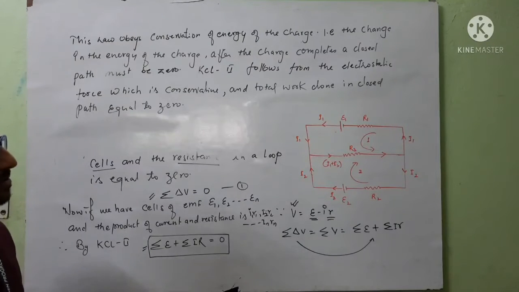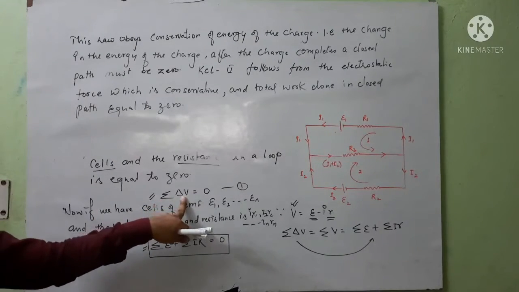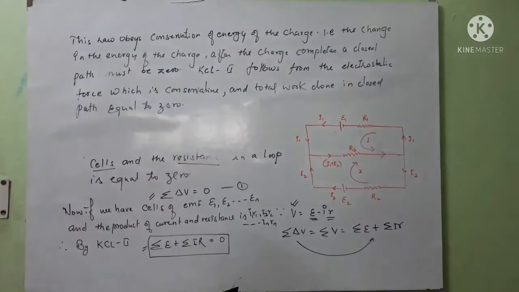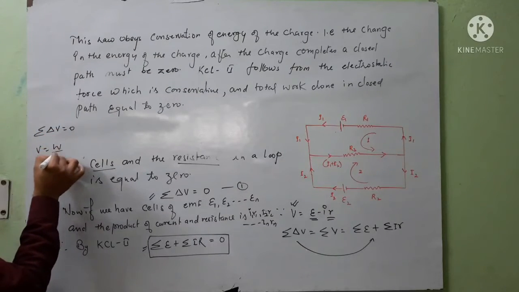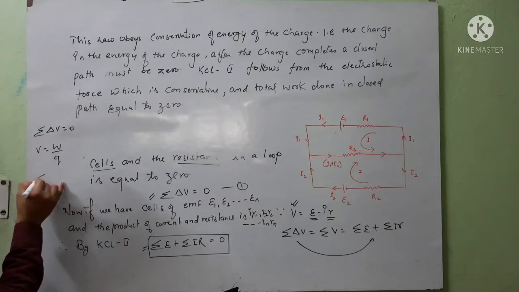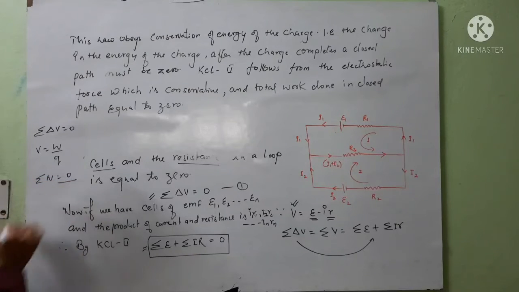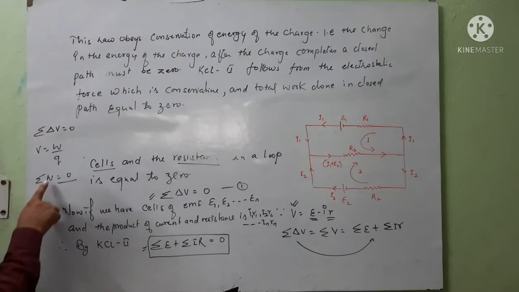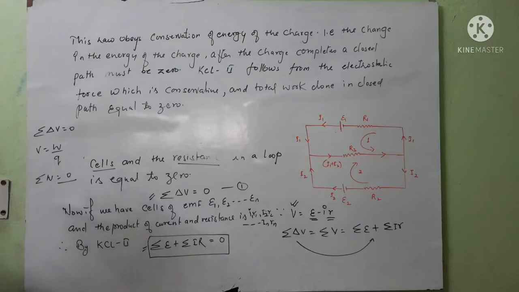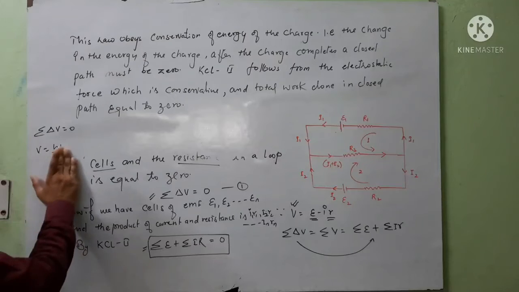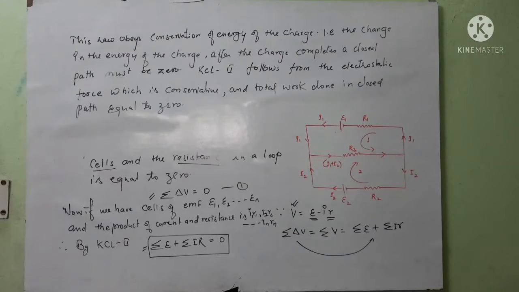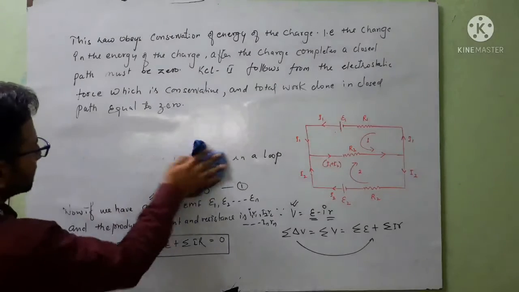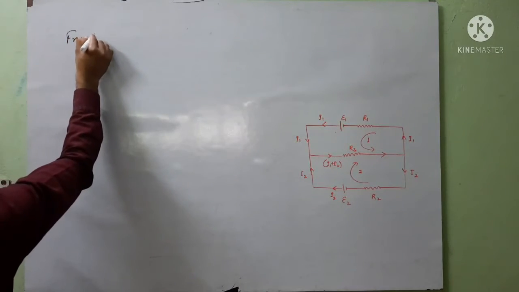It means that Kirchhoff's second law obeys the conservation of energy, in which the total amount of work done will be 0, as we have delta V equal to 0 and we know that V is equal to W upon Q. If we write dW equals the algebraic sum of all work done, the total work done will be 0. So here it obeys the conservation of energy by the conservative force. Got it? After that we will talk about the calculation of this result from the given diagram.